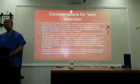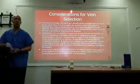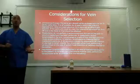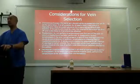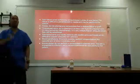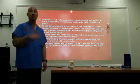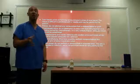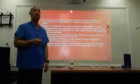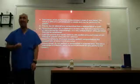Hematoma. A venipuncture performed in an area of a hematoma is also painful. So avoid sticking that site, stick away from there, or stick the opposite arm. Scar tissue. Someone who's been stuck over and over and over again. Whether they've been hospitalized many times, or if you've got an IV drug user, there's going to be some scar tissue at that site of injection. So it's going to be very tough to penetrate that skin. It can also be very